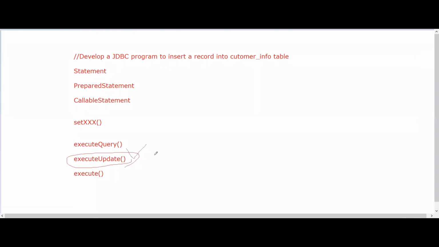A very important point: when the operation is a DML operation, then we have to invoke the execute update method.